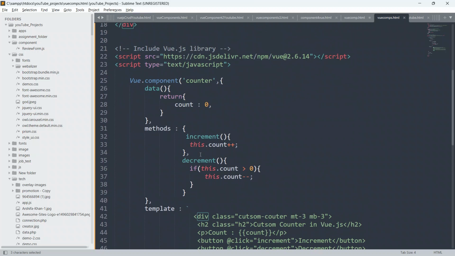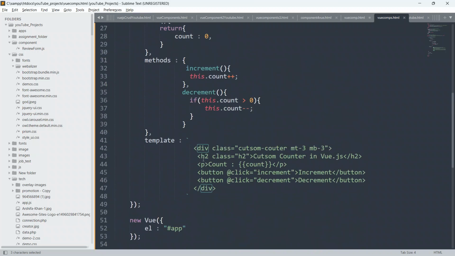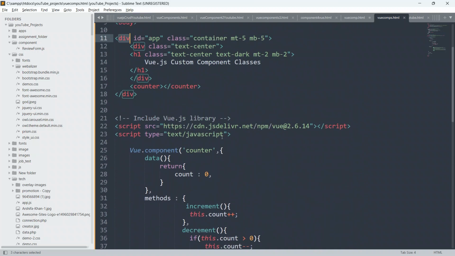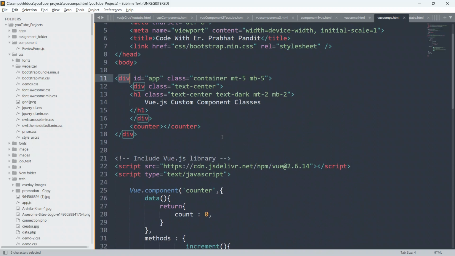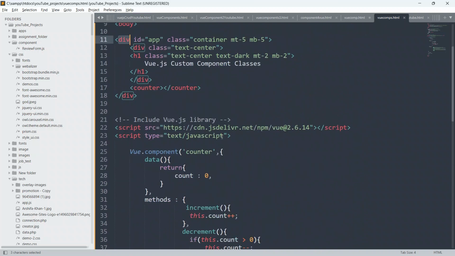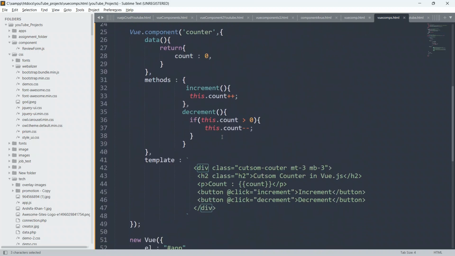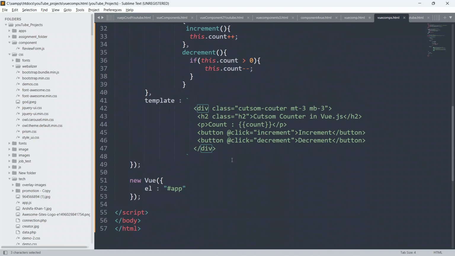Okay, so guys, I'm not going to do anything fancy here. I will not do anything fancy, because guys, I wanted to show you how to create a basic custom component inside Vue.js. So guys, that's why I am not making this code complex or extraordinary, because I want to just give the example of the basics of the custom component inside Vue.js. Okay, so I hope guys you have understood how to create our custom component.